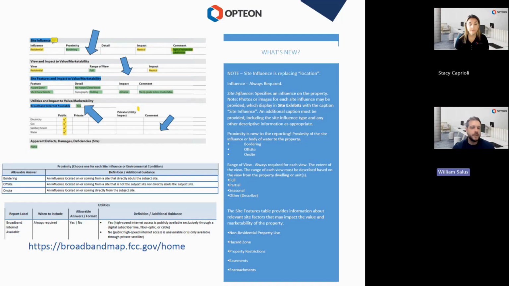Looking further at the utilities and impact, we see a new data piece to be collected by the appraisers. The broadband internet availability is a required statement to include, usually needing a yes or no. As you can see below, there are websites and resources that would easily be available to the appraiser to get that information for your subject property. Below there, we see a new table for our utilities. If it's public, we're simply checking those boxes. If it's private, we have the ability to add more detail, disclose the impact of that utility, and provide freeform